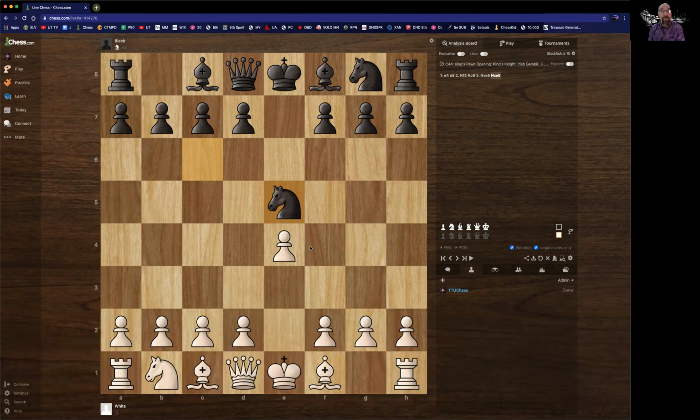1, read the question carefully. 2, make sure you know whose turn it is. 3, make sure you know the difference between check, checkmate, and stalemate. If you're asked about what is the best move, look first for checkmates, then for checks, then for gain of material. Finally, in order to make sure that you understand what material is, let me walk you through very briefly